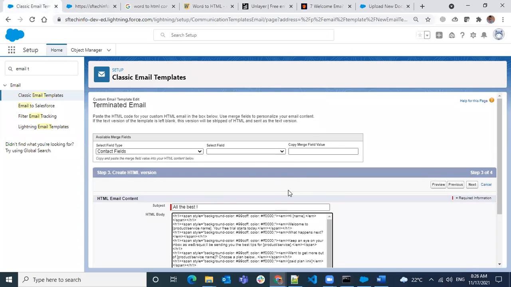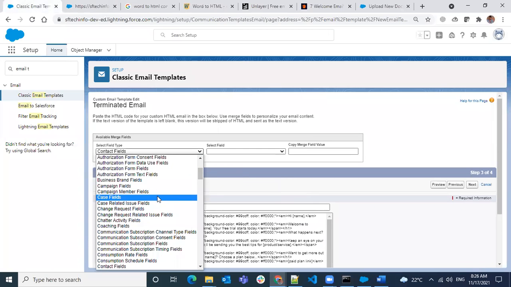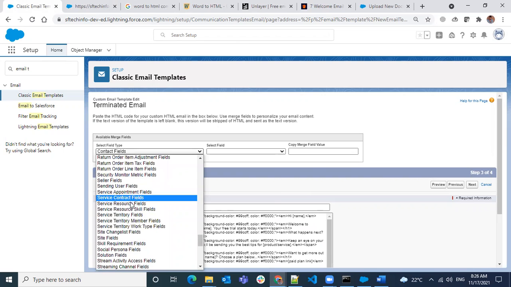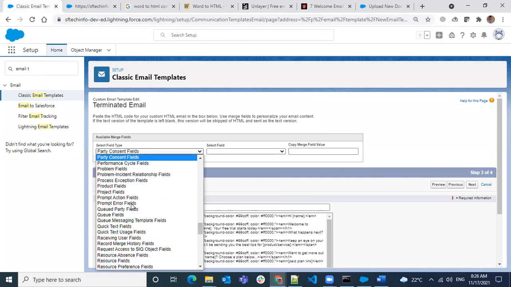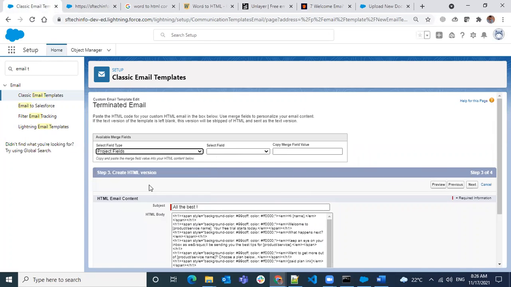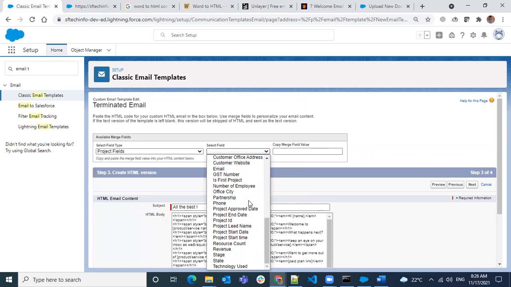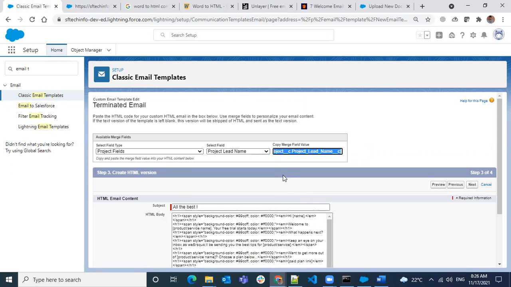All you have to do is take care of your merge fields. So previously we have some project fields here. The project, and we'll see the project lead name, and instead of the name whatever we have here, use that name.